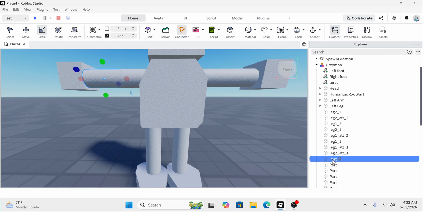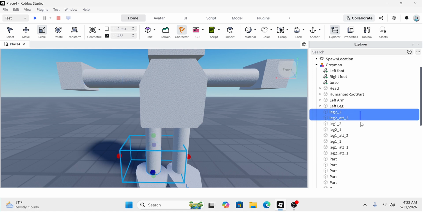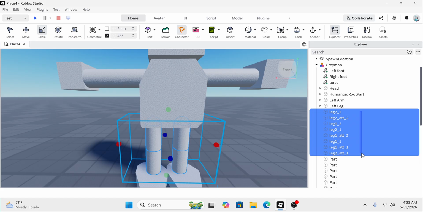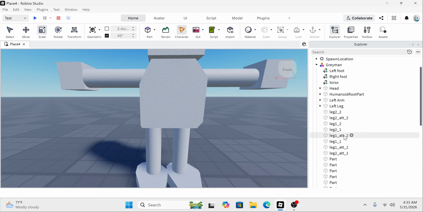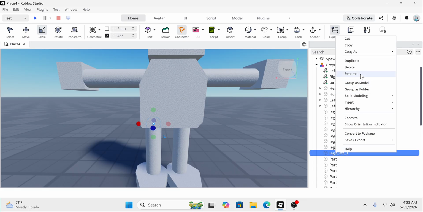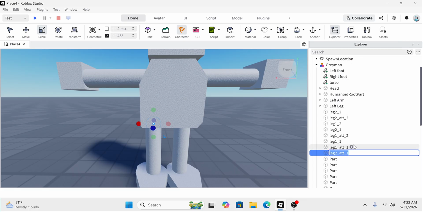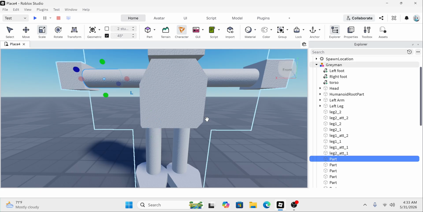Also, if you're having problems with getting it to outline itself, it should be done. Let me drag over on the side to make sure they're all outlined. Okay, they're all outlined. But if you're having problems, you can also right click and go to rename and click enter to, of course, lock it in. Now with the arms,